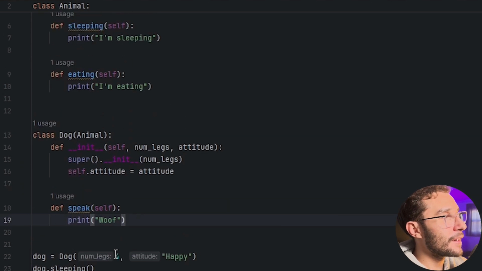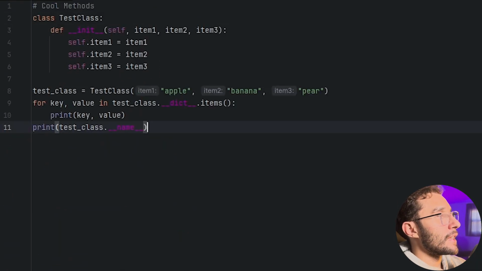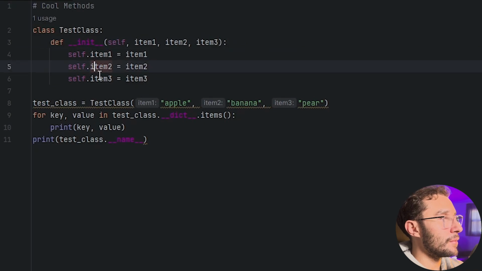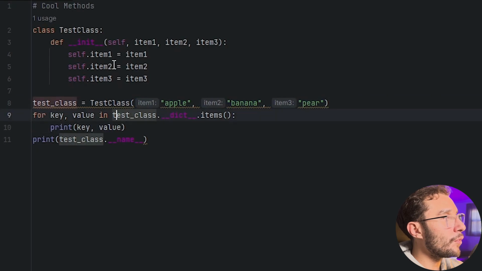Now, before we wrap this video up, I just want to point out some really cool techniques. And these two techniques are as follows. First, let's say I have a class here called a test class, and I supply the arguments item1, item2, and item3 to their self.item1, item2, and item3 attributes respectively. Well, when we create an instance of this class, you'll notice that I can actually iterate over the attributes of this class using this